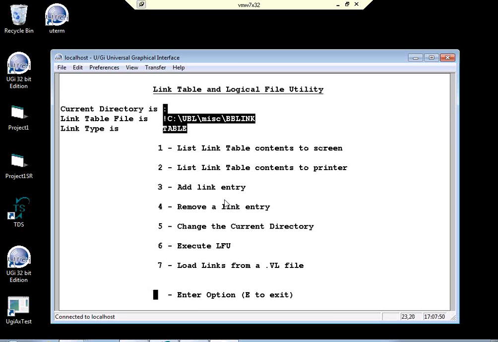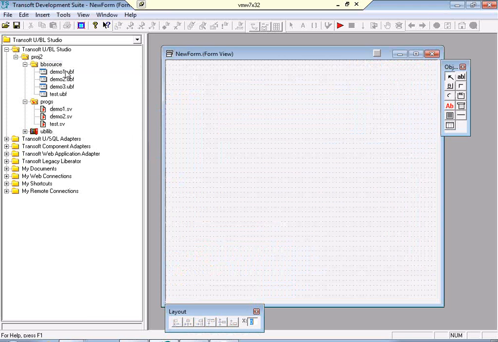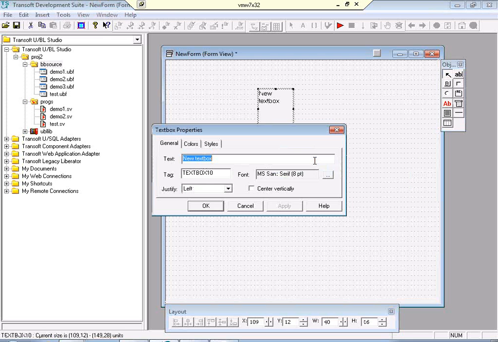This looks fairly typical of a character type application, albeit a very simple one, but it makes a good example for today. So the first thing we must do to make this graphical is to use UBL Studio to create a new screen. So I'll bring up UBL Studio and I'll create a new form. The first thing I'll put in is a title, so I'll use a text box to store the title and I'll call it GUI link utility,